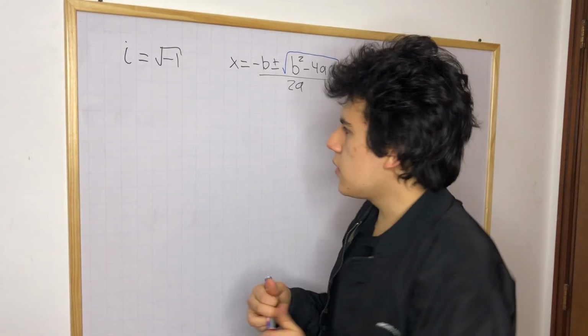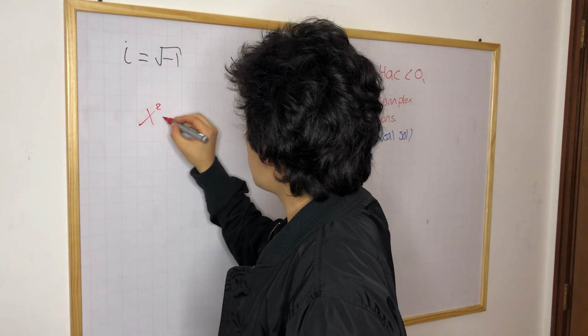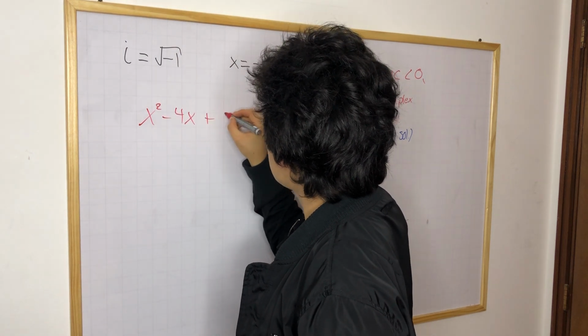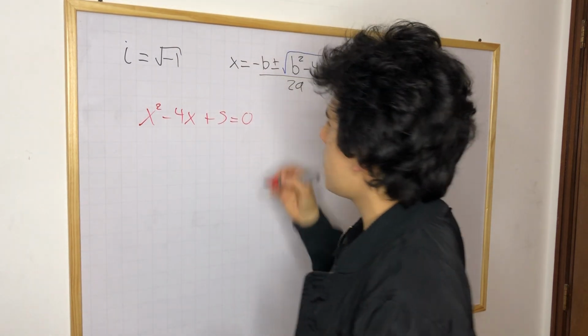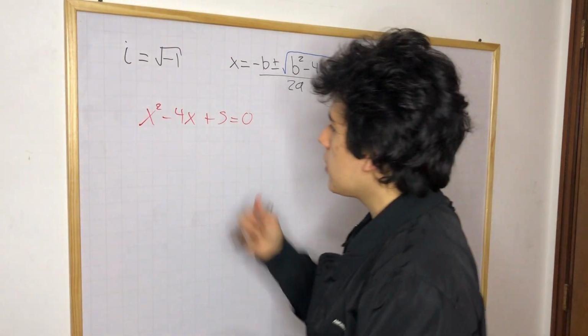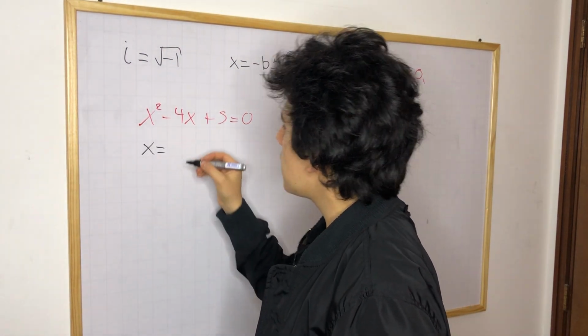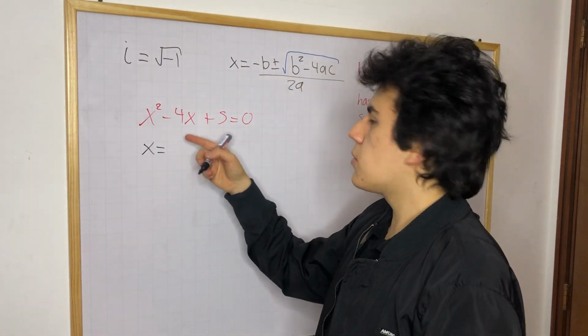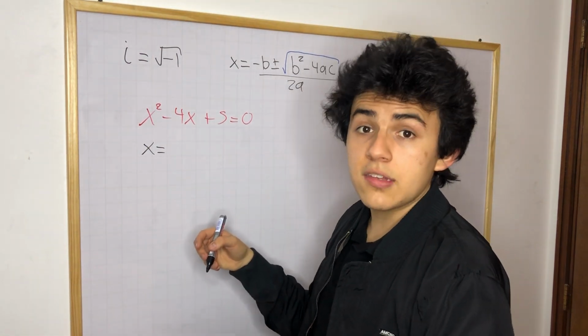Now let me give you an example to show you all of this more precisely. So say we have the following equation: x squared minus 4x plus 5 equals 0. How do you solve for x? Well, of course, you can use the quadratic formula. So x is going to be minus b. We know b is equal to -4, so minus minus is plus, so we have 4